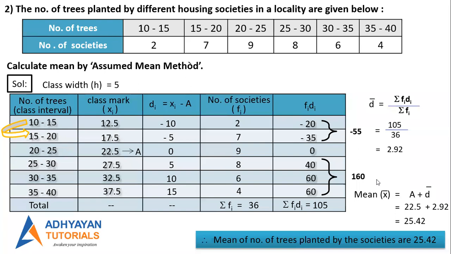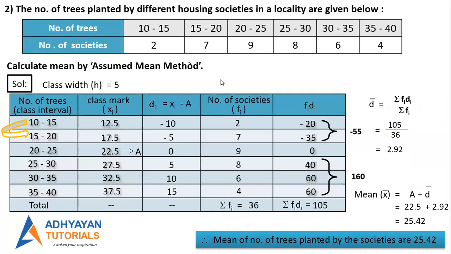What I'm trying to say is, if you take any number as A, you will still get the same answer. What will be different is the D bar. Now, if you listen to Priyanka's D bar, it will be something else. Priyanka, what is the answer of your D bar? Minus 2.08. But the final answer is still 25.42, correct? Yes. Thank you so much, Priyanka. I hope it is clear that whatever we take, we will get the same answer. Is that very clear, everybody? Type yes if it is clear.